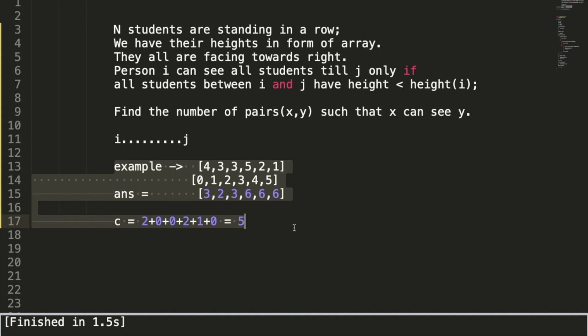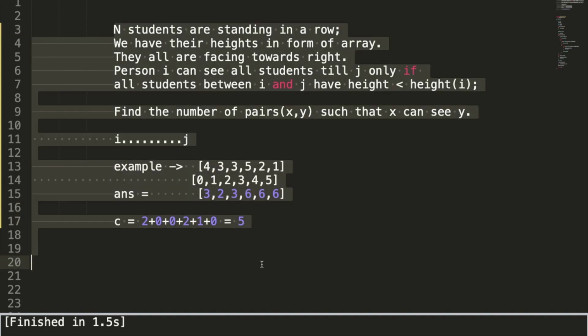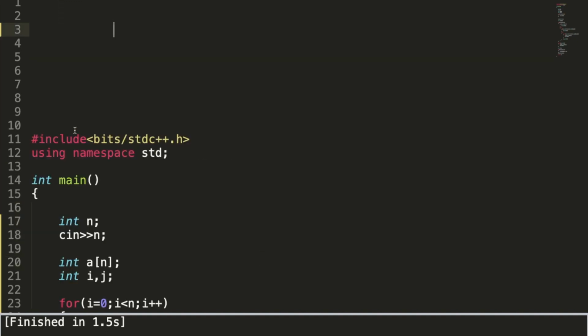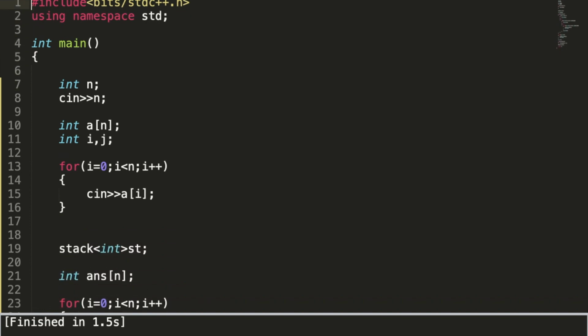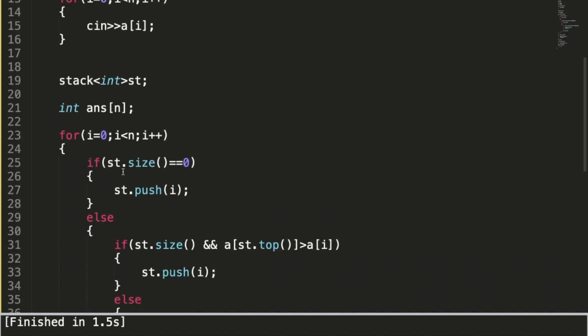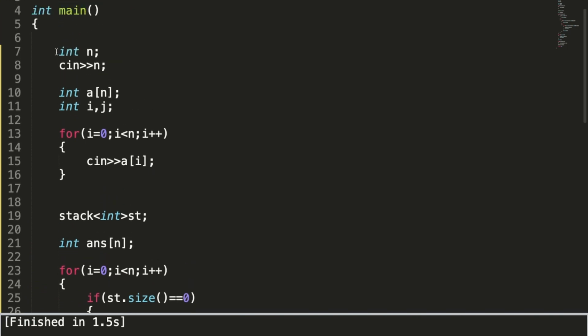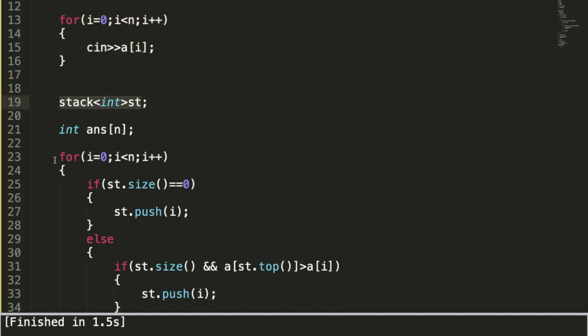You can also implement it, but I have implemented it already, so just try to implement it before looking into the solution. I have written the solution, just have a look. The solution is the same as that of the smallest integer type, but the only difference is we have changed the symbol sign, greater than or less than. So we have n, and an array where I am taking the input. I have declared a stack. This array contains the next greater element for every i.